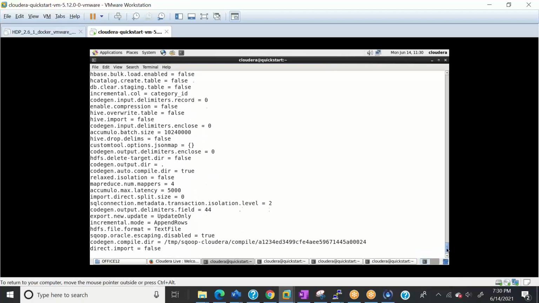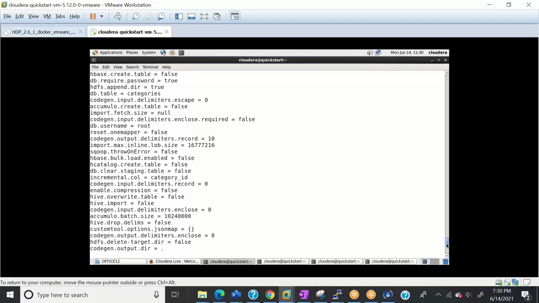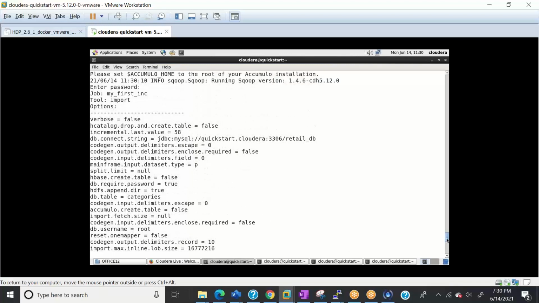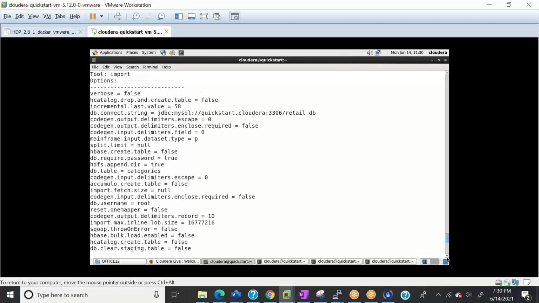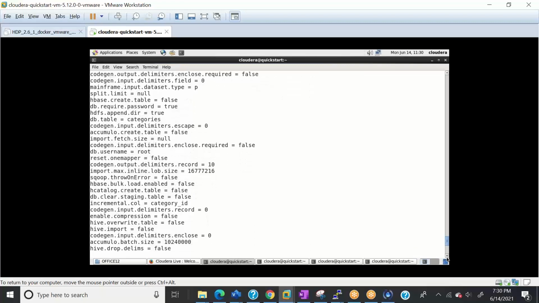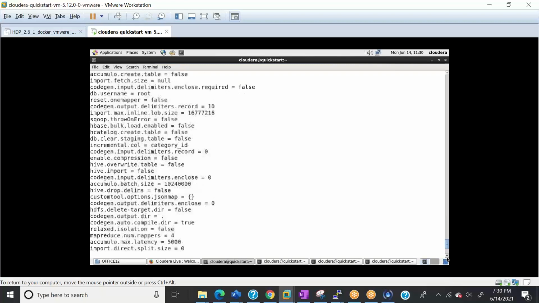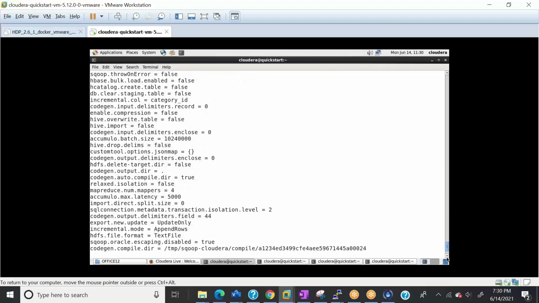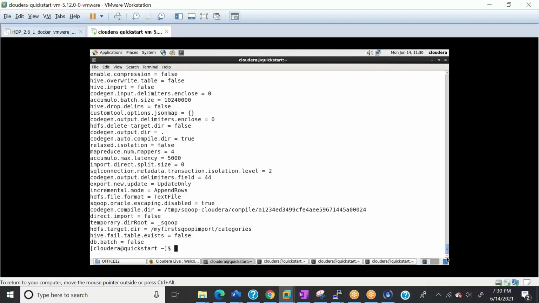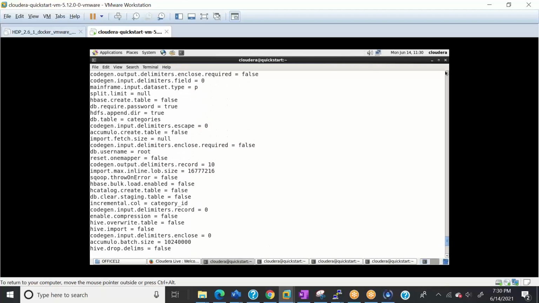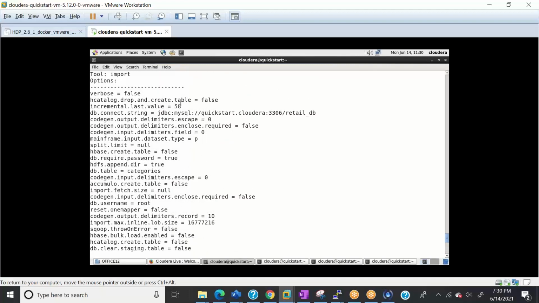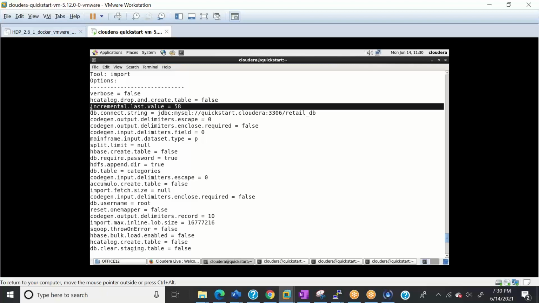It has stored something somewhere. Let me show you. It should store the minimum or maximum value somewhere. Yeah, see, this is the most important thing about this job. It automatically stored the last value, which is 58.